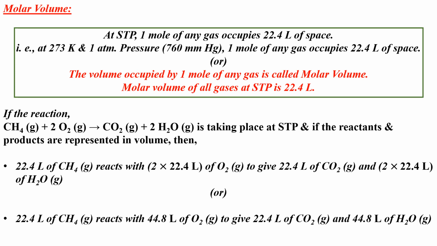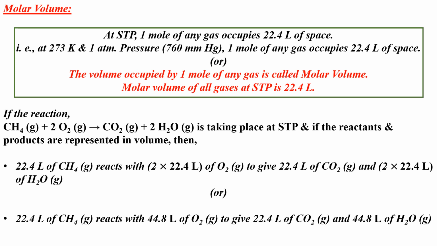Why are you multiplying 22.4 liters with 2? Because the molar volume of oxygen is only 22.4 liters, which means 1 mole of oxygen gas occupies 22.4 liters. Here we have 2 moles of oxygen gas. That is why you are multiplying 2 with 22.4 liters. Okay. So in a similar way, you write 22.4 liters of carbon dioxide,